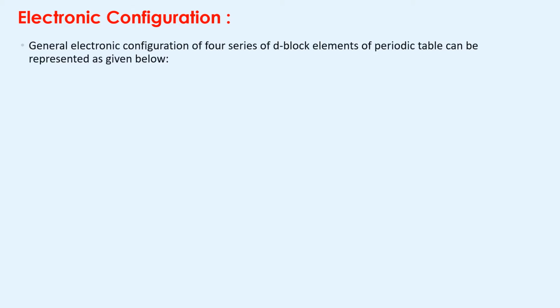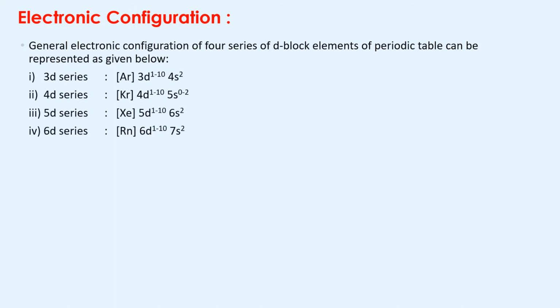That atomic number is 20, which means it belongs to the s block elements of the fourth period, and whose electronic configuration is 1s2, 2s2, 2p6, 3s2, 3p6, 4s2. Now when you move to scandium, whose atomic number is 21, your electronic configuration is 1s2, 2s2, 2p6, 3s2, 3p6, then 3d1, and then 4s2.